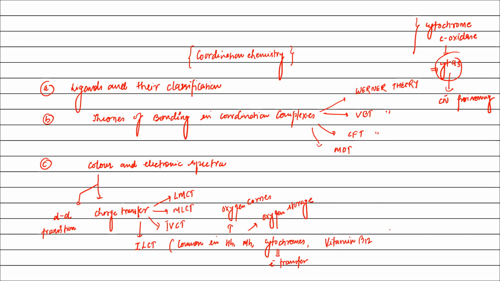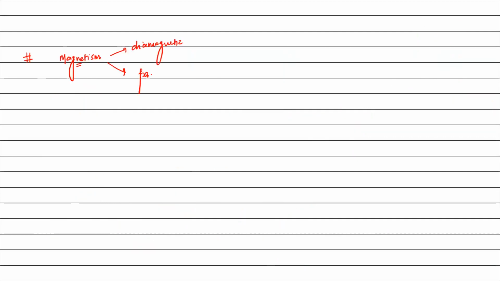Now another topic in coordination chemistry is magnetism, right? In magnetism, we have to study about diamagnetic systems. What are the diamagnetic systems? And paramagnetic systems. Another is ferromagnetic, right? Ferromagnetic and rules associated with ferromagnetic systems. That means Curie-Weiss law, ferromagnetic,